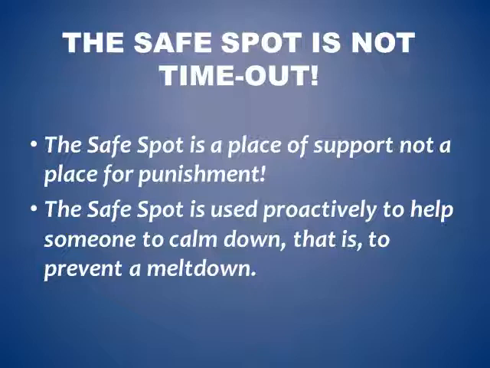Or if you're initiating the use of the safe spot for a student, if he or she is going to the location that also happens to be a location used for timeout, they may think that you're putting them in timeout, and that can produce more behaviors. If the safe spot, the place for calming down, is a different location, then in the transition towards that location, if they know this is what happens in this spot, I get a chance to sit on a beanbag or in a chair and relax and take it easy and recover, then there's going to be less resistance in that transition to the safe spot.